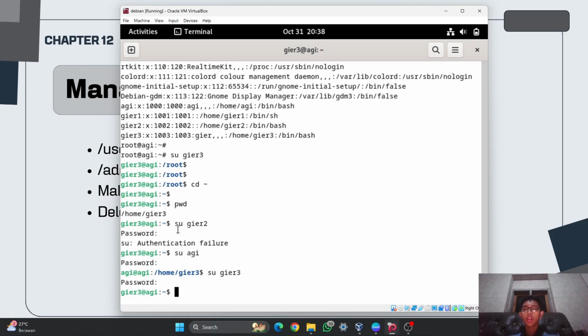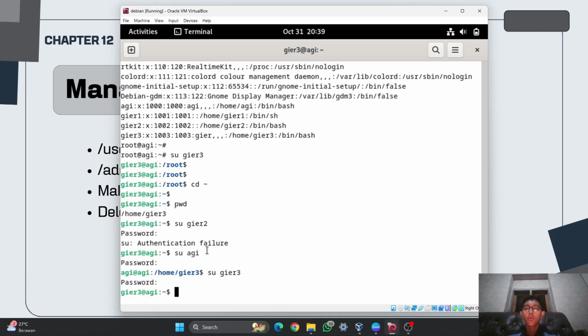Not like gear 2, where I haven't set the password. So when I log in from the normal user, like from gear 3, to gear 2, I need to fill in the password, but I haven't set it yet, so I don't know it, and the authentication fails because the password is wrong.